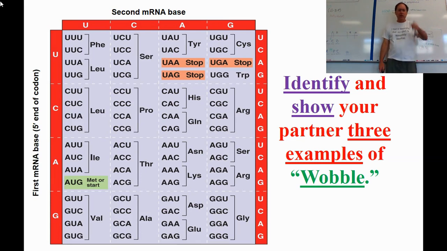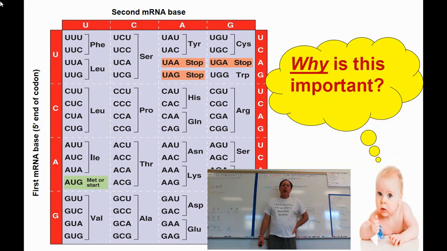And one of them, leucine, if you look at that on the left side, has 6 different codon sequences that cause the same amino acid, leucine, to be put in sequence. That probably suggests that leucine is pretty important. Why is this thing called wobble important? Well, what's cool about it is that you could have a mutation in DNA. Let's say you're laying out at a pool, UV light hits your arm, and causes a mutation in the nucleus of a cell, mutating a T into a C on the DNA.